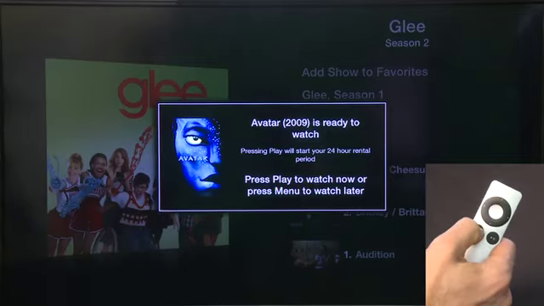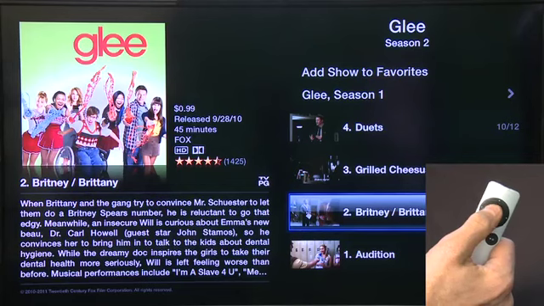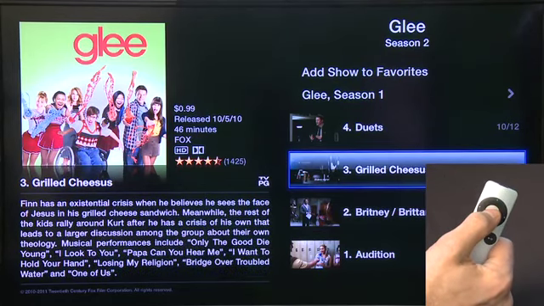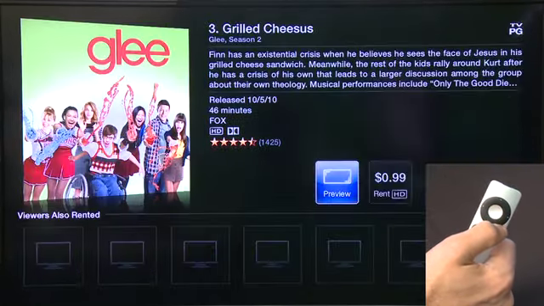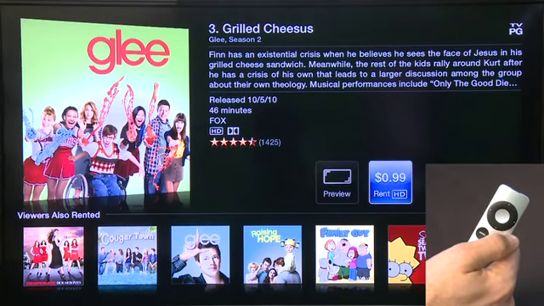We don't want to watch it right now, so we'll press menu. Now with Glee, instead of just going through to the movie page itself, we're looking at episodes instead. So we've got Glee Season 1, so we would actually sort through into the different episodes of that particular season, and then click through to the actual episode that we want to watch. And again, we can preview it, or we can rent it in HD, in this case 99 cents, so a